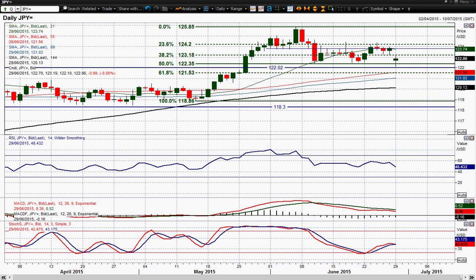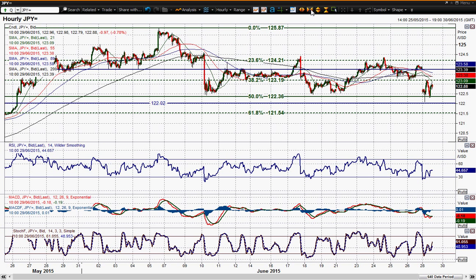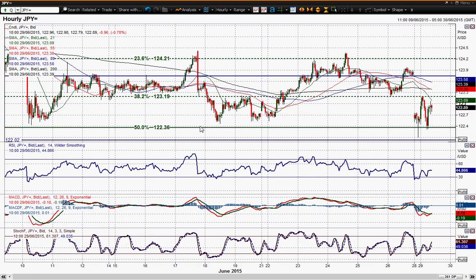But look at this on the hourly chart. Look out, the Fibonacci levels are once again playing a huge role on this chart. Just zooming in here, so that's 122.02, which was that ultimate breakout, then the spike low down towards 122.10. But since then, you've seen the Fibonacci levels once again coming in. Look at that 38.2%, 123.20. Time and time again, supportive, then resistance, supportive on Friday, and now resistance again,